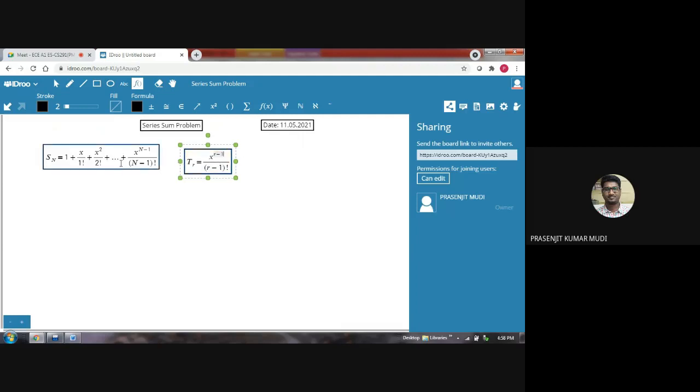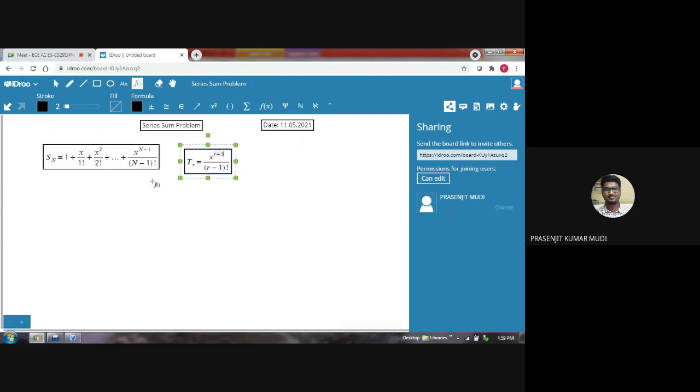Okay. But actually e to the power x is an infinite series sum, and this is a finite series. So we are truncating it. This is called truncation. We are not considering the entire infinite number of terms of the expansion, but only a finite number of terms, n number of terms of the expansion, and this process is called truncation.